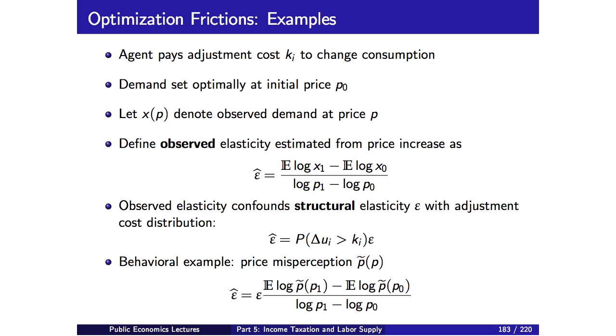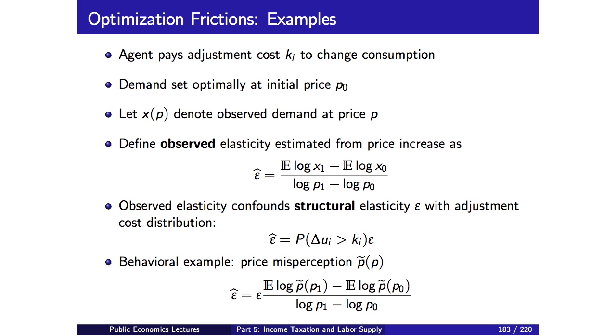So for instance, if there are adjustment costs, then the observed elasticity that you estimate from a price increase in the data, that is what the econometrician estimates, call that epsilon hat, is no longer going to equal epsilon, the target parameter you're trying to identify. And in this particular example, epsilon hat ends up being attenuated relative to epsilon. It's smaller than epsilon, but you can come up with various other examples where it might be larger than epsilon and so forth, as we talked about at the very beginning of the labor supply section of the class.